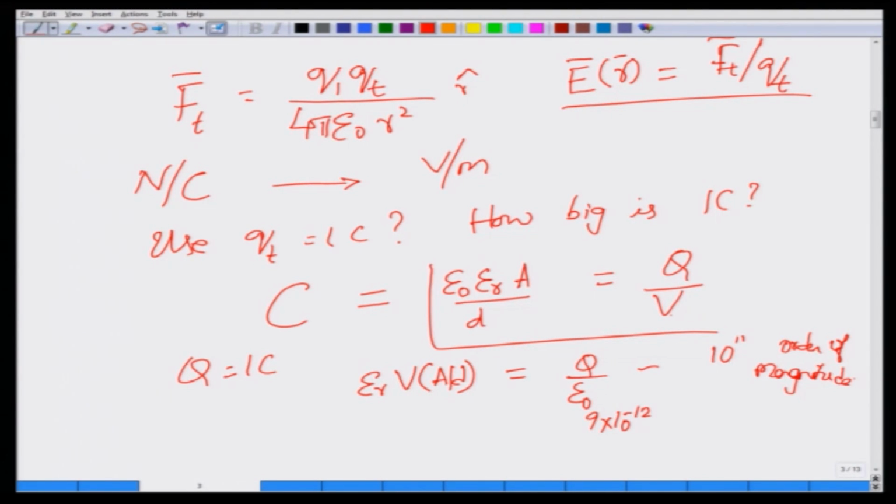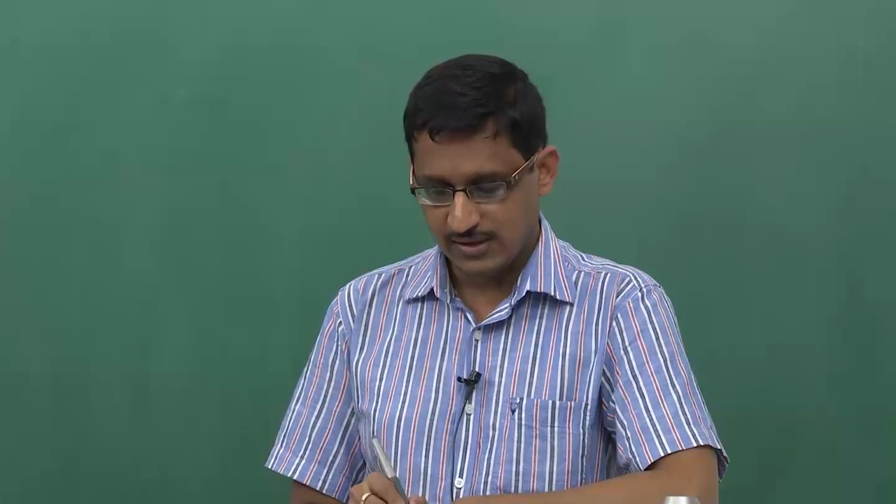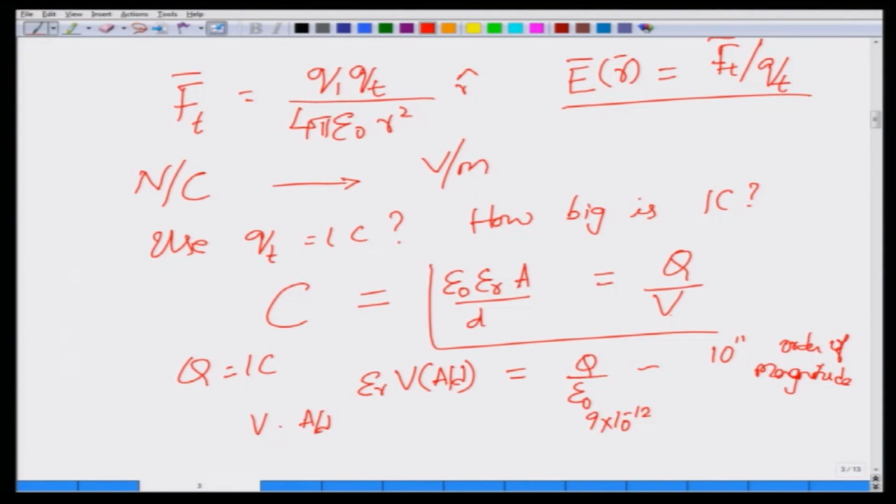So, going back to this, suppose you want to fill the capacitor with nothing but free space or air. Then you see that the voltage times A by d must be on the order of 10 to the power 11. If you want to apply a voltage of 5 volts or at most 10 volts, because I am making a capacitor for electronic circuits, and say 10 volts is the maximum I can try, then the A to d ratio, the area to separation ratio, must be on the order of 10 to the power 10, whereas